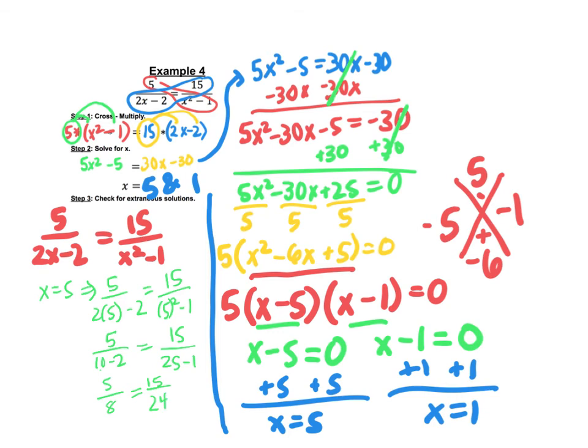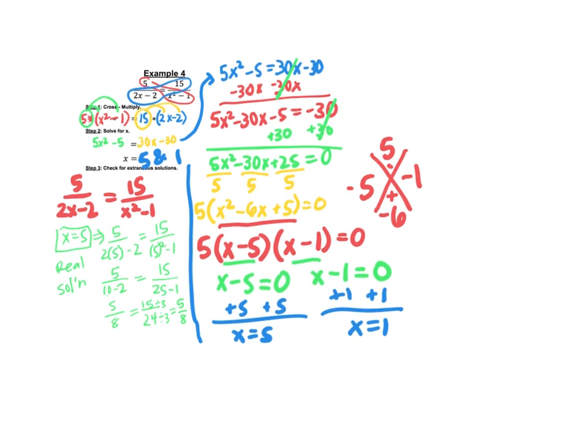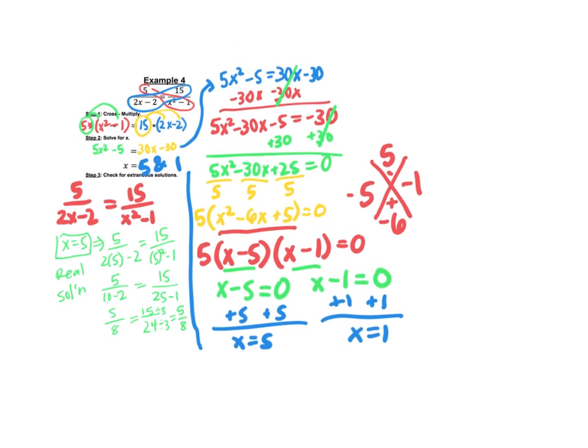Now if I look at 15 and 24, I could divide those both by 3, and I would get 5 over 8. And notice those two things are equal, so I know x equals 5 is a real solution. I'm going to abbreviate solution. It is not extraneous, but I've only checked one of my two x's, so I have to go back and check the other one. So for my second one, let's do it in blue. Sorry, I know my screen keeps getting tinier and tinier. We are doing x